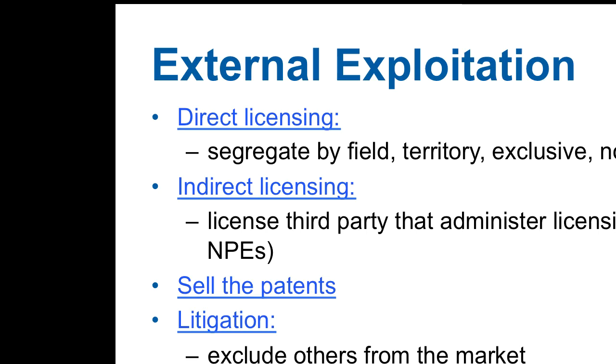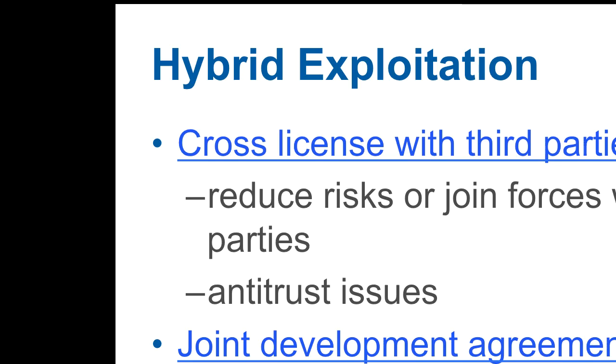All right, there are a couple of hybrid things you can do. You can cross-license with third parties. You have some IP, they have some IP. Maybe they're threatening you, you're threatening them. You can come together, join forces to some extent, cross-license each other, go out into your respective own fields, and you can share royalties. There's a ton of different ways to split that up. When you do that, you have some antitrust issues you need to be aware of. If you're fixing prices, it starts to get a little bit hairy, so you need to pay attention to that. But in general, cross-licensing is just fine.